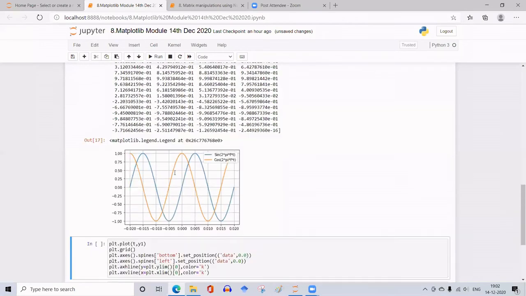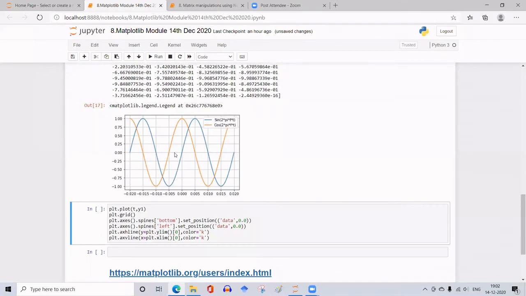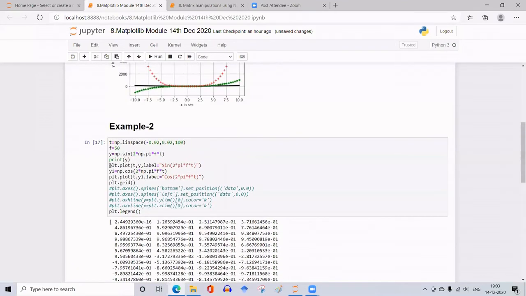So shift this bottom spine to the middle of this graph. What is the middle of the graph? It is the data 0 of the y data. And also shift the y-axis to the middle of the graph, which is the point 0 of the data on the x-axis.